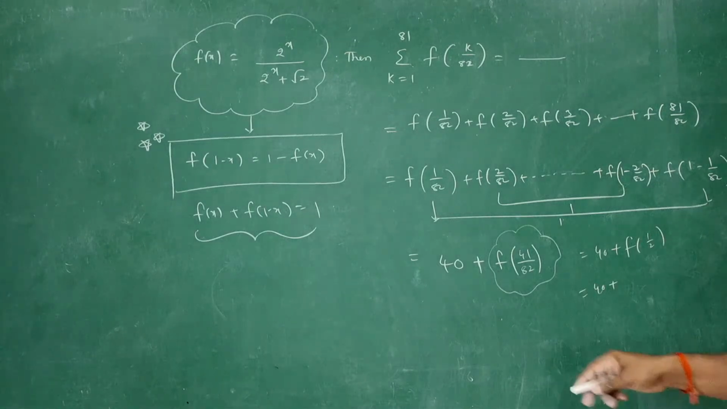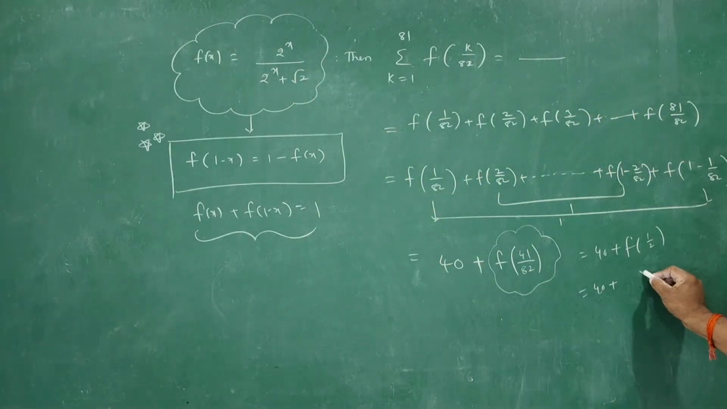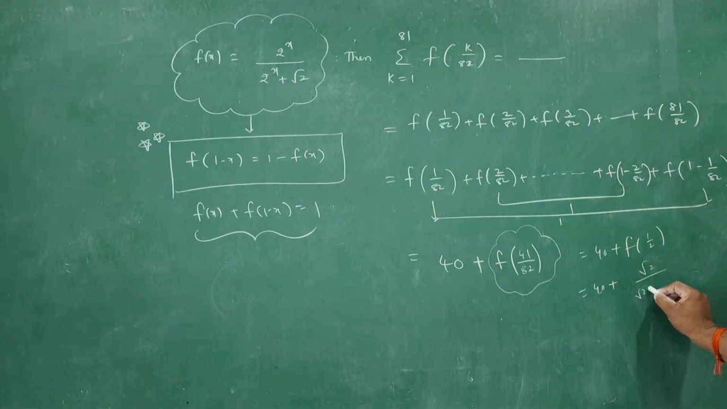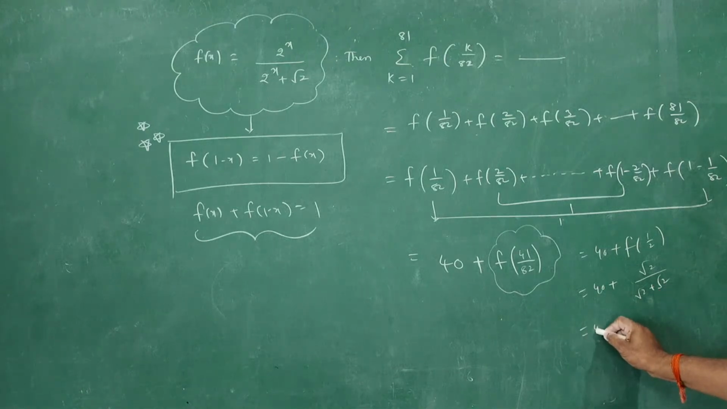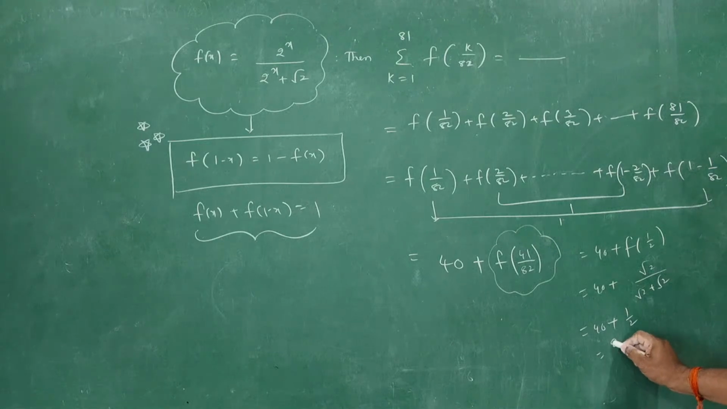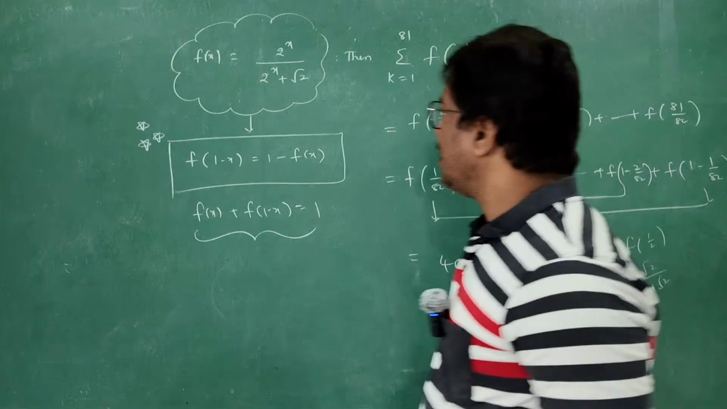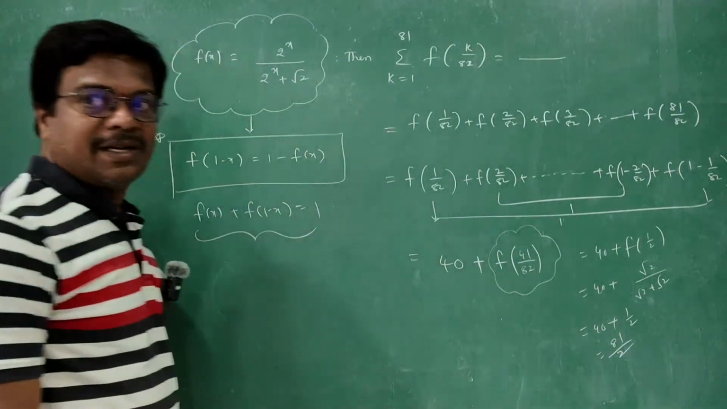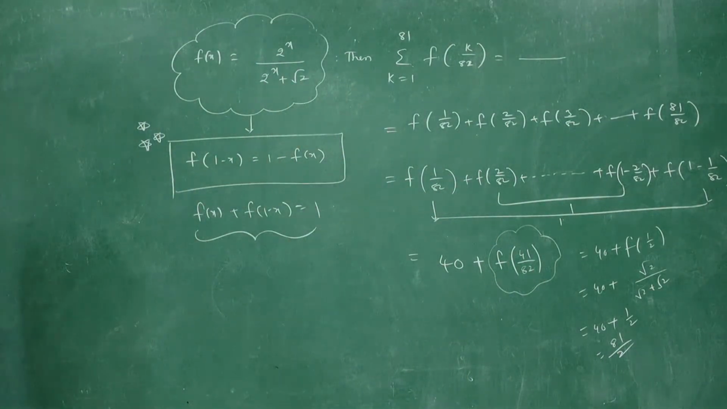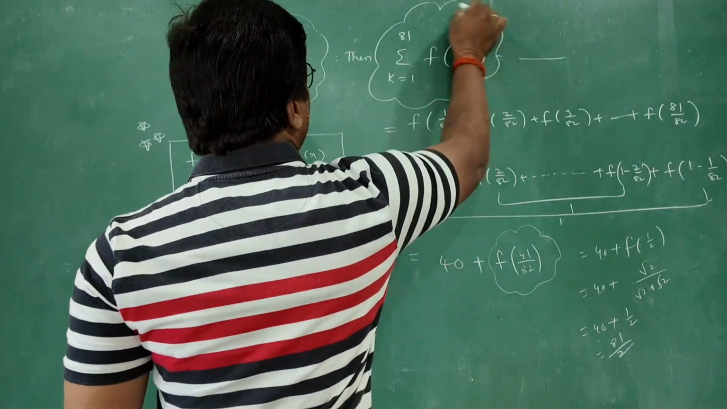40 plus f of 1 by 2, nothing but replace x with 1 by 2. Root 2 divided by root 2 plus root 2. It gives 40 plus 1 by 2, nothing but 81 divided by 2. And you can easily remember that in the entrance examination, suppose the question is of this form, you have to